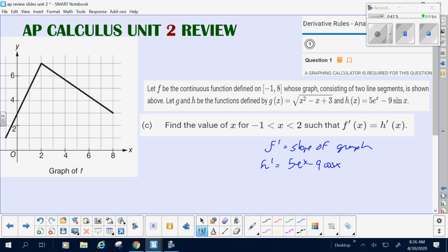Now, I guess I would need to say the slope is twofold for f. f prime before 2 is the slope of that graph. So what are we talking? Up 1, 2, 3, 4 over 2, or 2. So the slope is 2 for x between -1 and 3. And the slope is -2/3